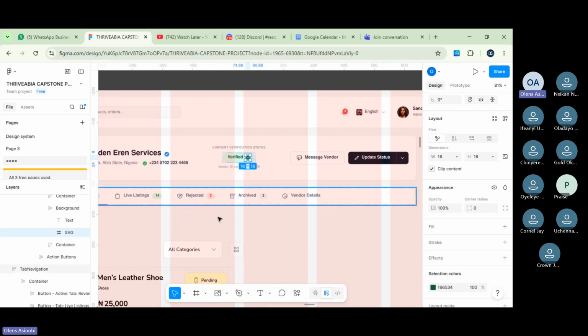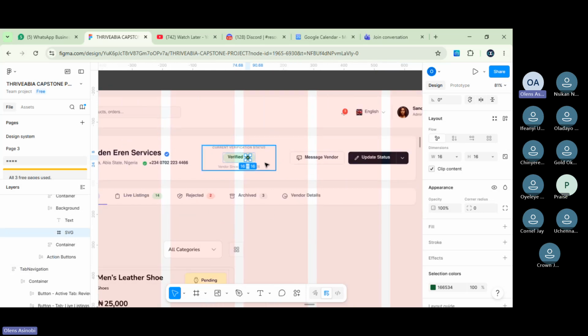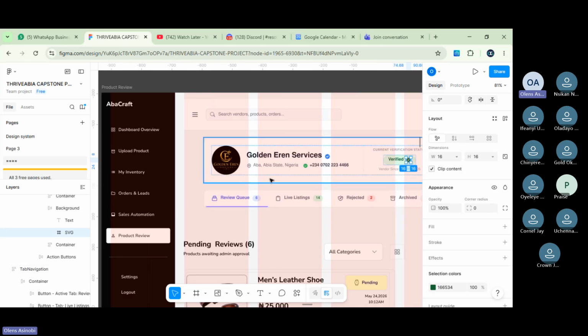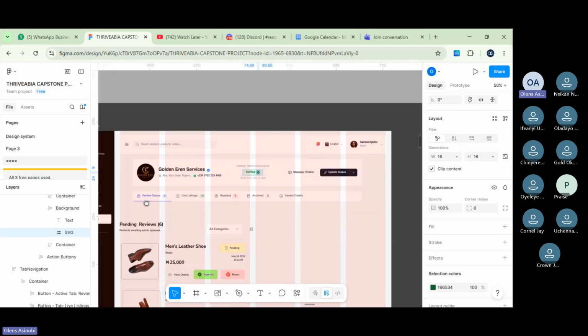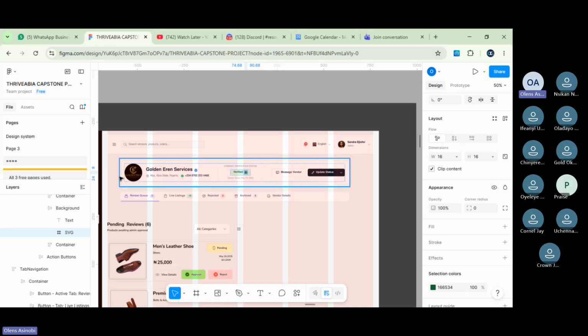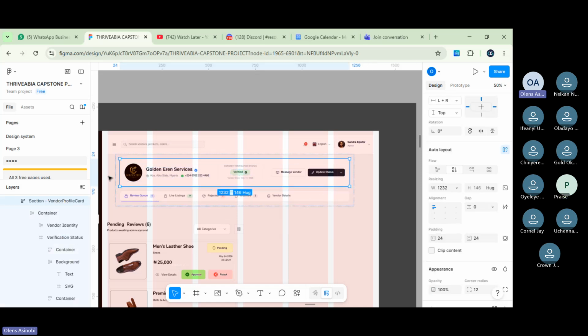All right, Praise, from what you said, you're the one that did this top section? Yeah, the top section, sir. Okay, so this is nice, but your center align is not ideal. I would have loved if this stuff goes from end to end. Do you understand what I'm saying? So it should start from this part that I'm selecting now. This golden area should start from this end and end here. The same thing as this tab. This tab can start here and end here, while the rest will just be inside it. You get that?